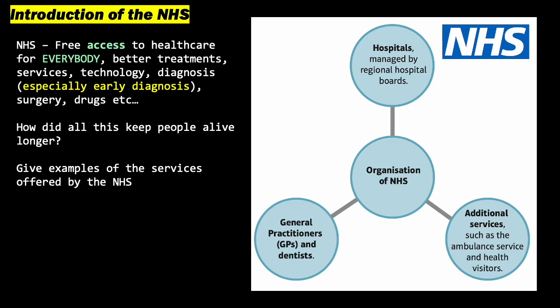And basically, poor people with simple illnesses died. Their living conditions were poor, so they got sick really easily and spread it around the house, remember? Also, the NHS is really good for early diagnosis, surgery, drugs, the chemist. Just keep saying all of the time, why have these things kept people alive, living conditions, why are they living longer since 1900? Try to give examples of the services offered by the NHS, so general GPs, dentists, you can